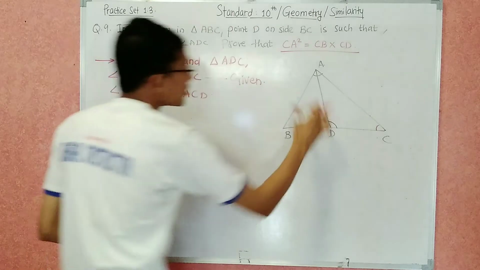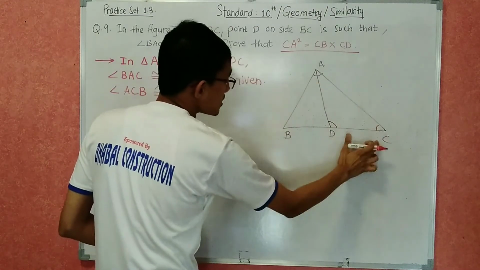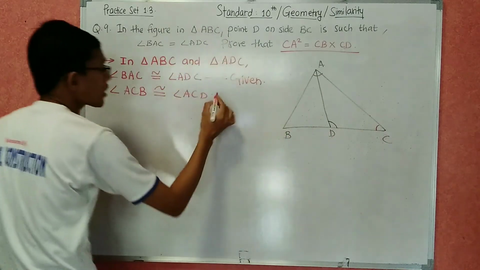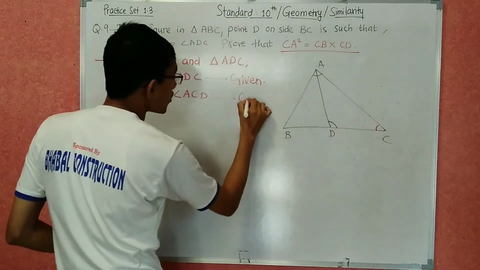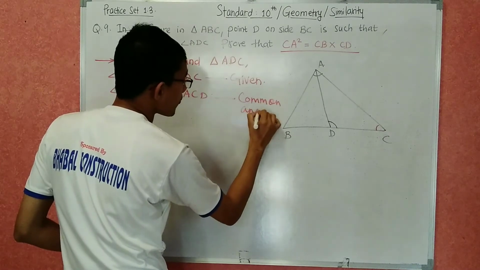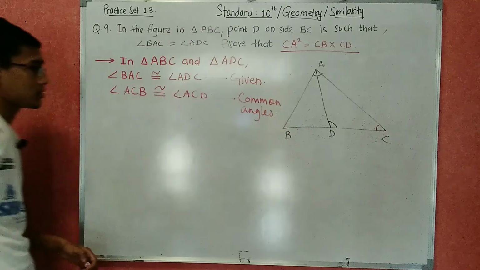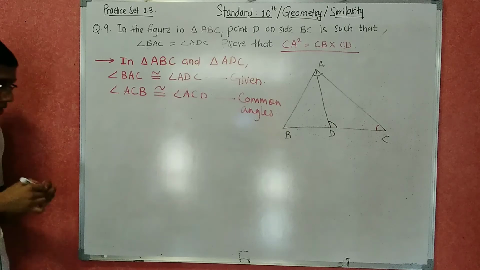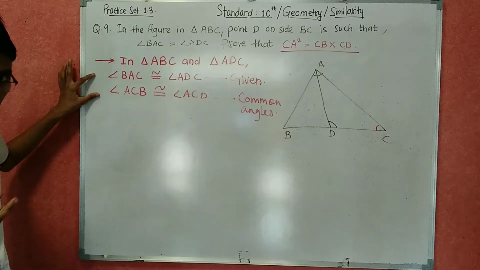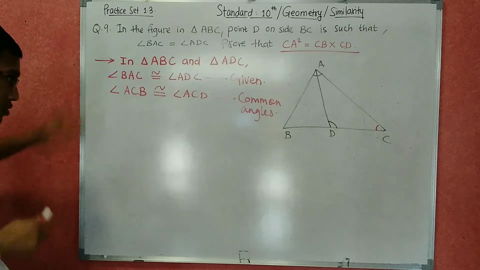Okay, the reason is going to be common angles. Then as two pairs of corresponding angles are congruent,